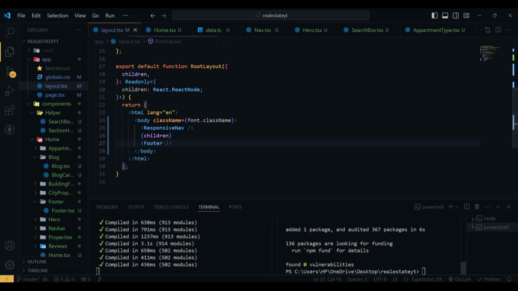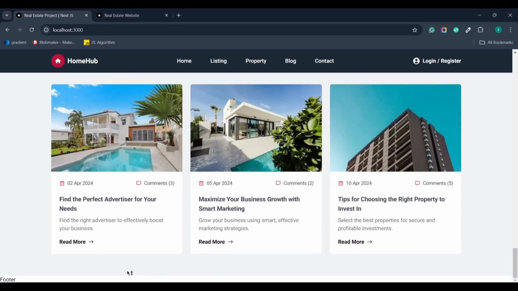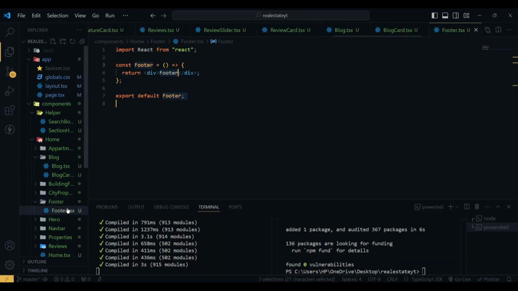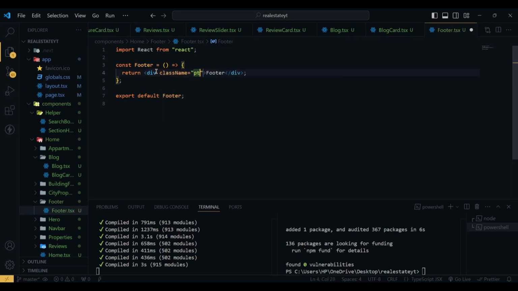Now if I hit save, and here you can see we have the text footer. Now let's go to your footer, and for the first div we have a class name of padding top of 20, padding bottom of 12, bg will be black,